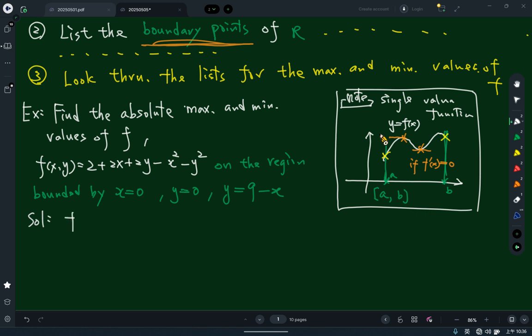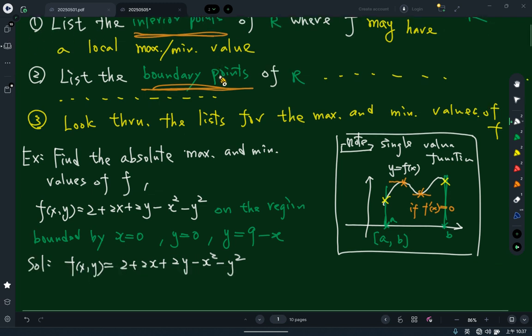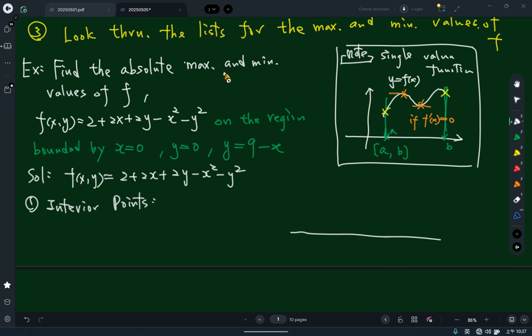So if f of x, y is equal to 2 plus 2x plus 2y minus x squared minus y squared, then the first step, we just try to list the interior points. So, okay, first part we just focus on interior points. So we need to focus on